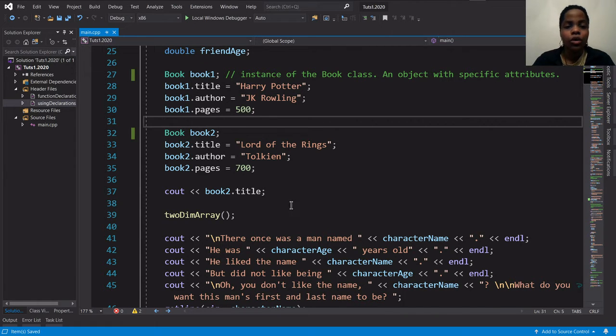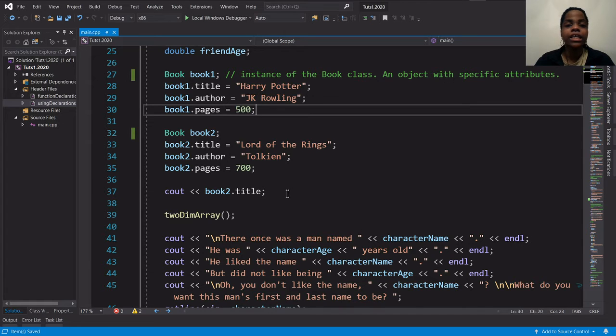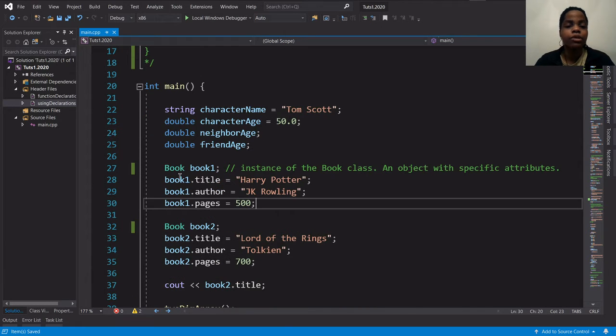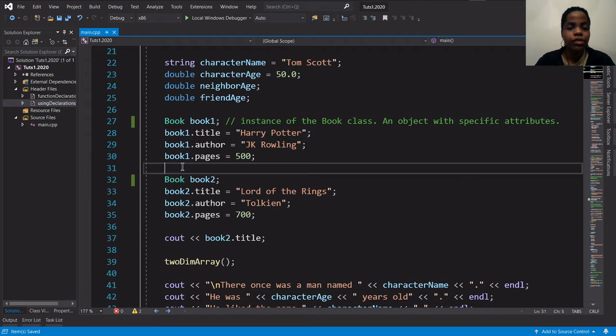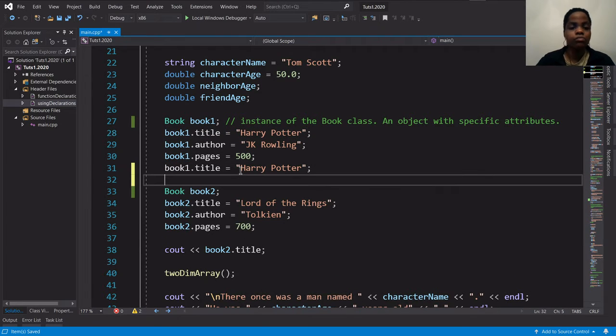Okay, so now we've created a completely new data type called book. But let's say you wanted to change some of this information. Let's say you wanted to give it a different title. So I'm going to copy it and then change the title of book 1. And I'm going to name it